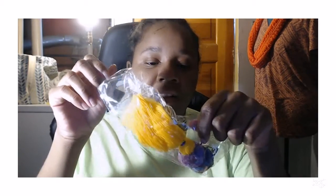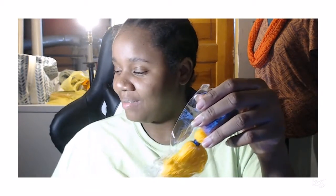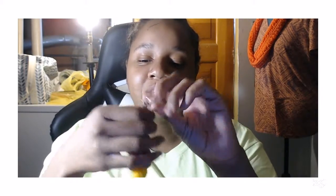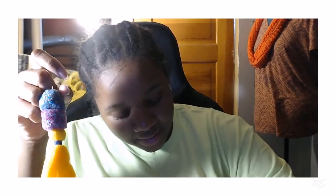I have a giant Pom Pom Tassel. What? Just going to find my scissors over here. Trying to cut that open, even though I'm just now seeing the little tab. How adorable is this? It's like a keychain thing. I'm putting this on my keys. I will never misplace my keys again. This is gonna be great. And then I have this little